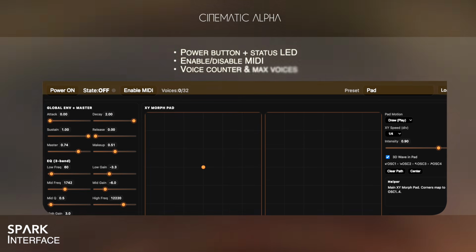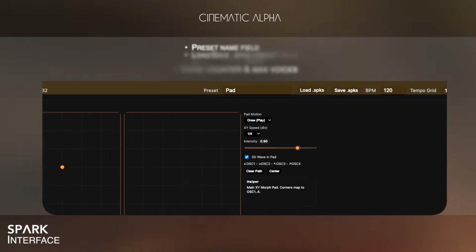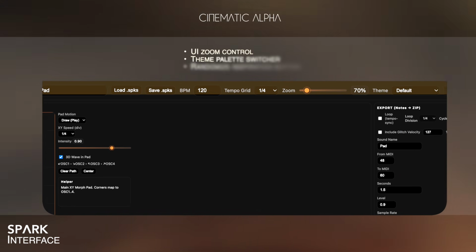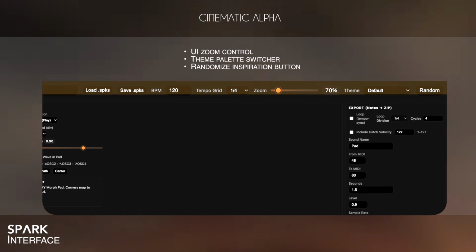At the top, you'll find a power button with a status LED to turn the audio engine on or off. You can enable MIDI to activate your controller, check how many voices are active, and manage presets by naming your patch, loading or saving .spks files. BPM and the tempo grid help synchronize your LFOs, XY motion, and glitch effects. You can zoom the interface for smaller screens, switch themes using ready-made palettes, and use the random button to generate